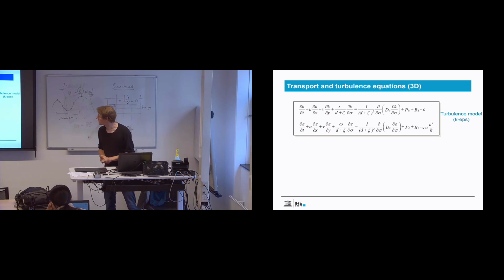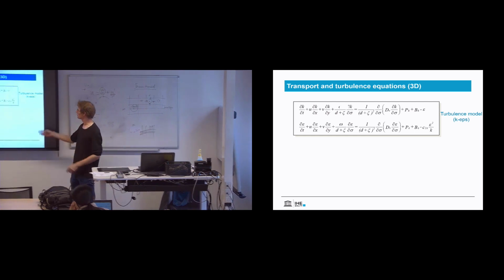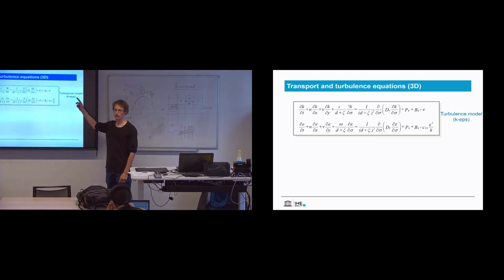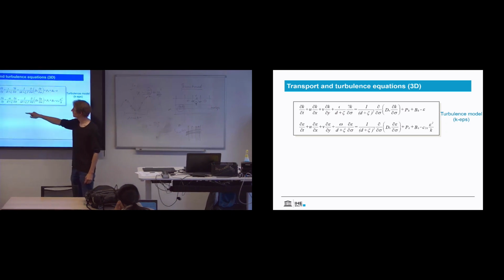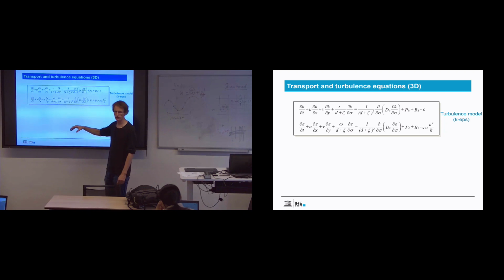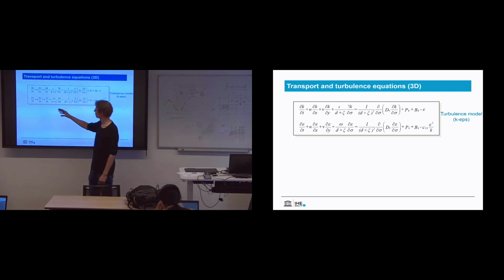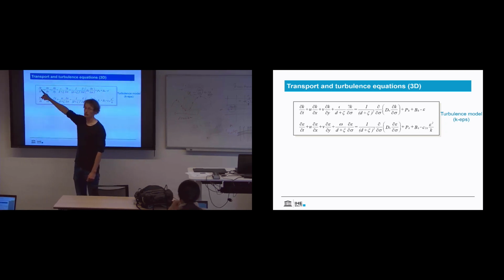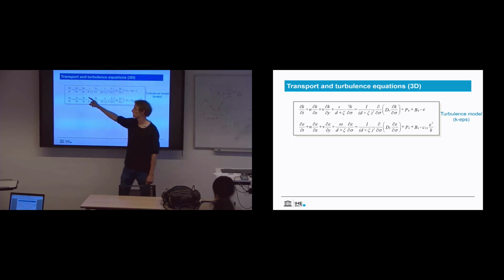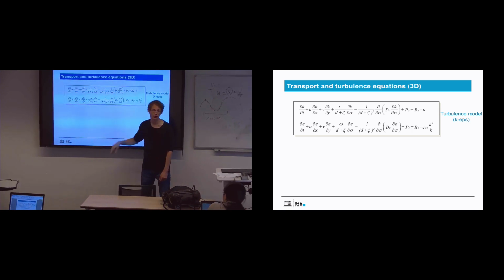These horrible equations of a turbulence model. So the classical turbulence model that's being used in most models is K epsilon. I think you heard the term. It's actually a two-equation system. It looks a lot like an advection equation. It's almost the same. But you have a mutual dependence between the turbulent energy dissipation and the turbulent energy. Yeah. So the K is the energy and epsilon is the